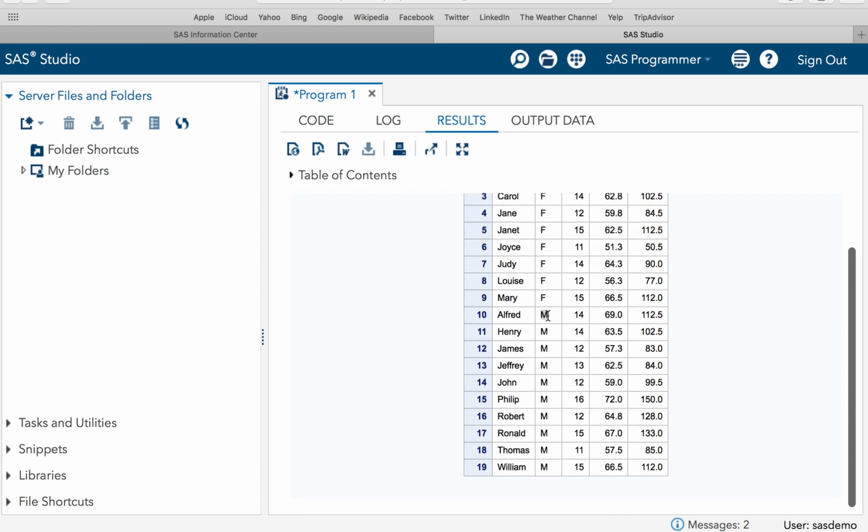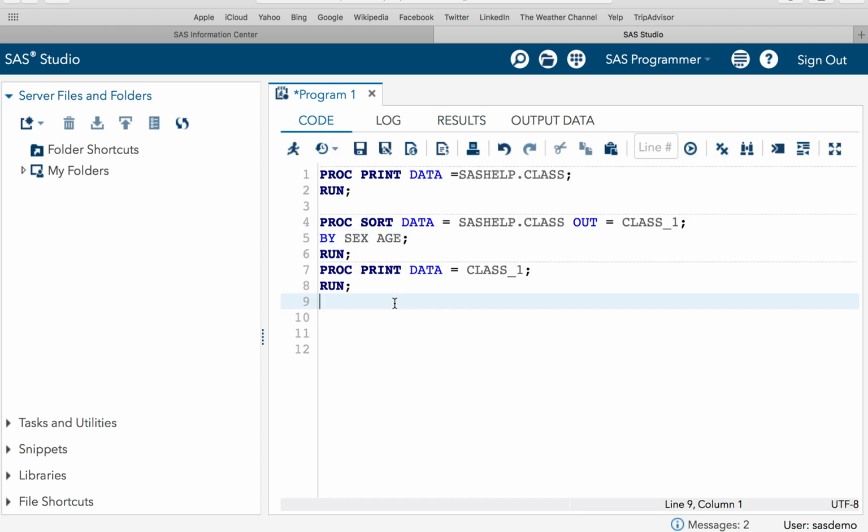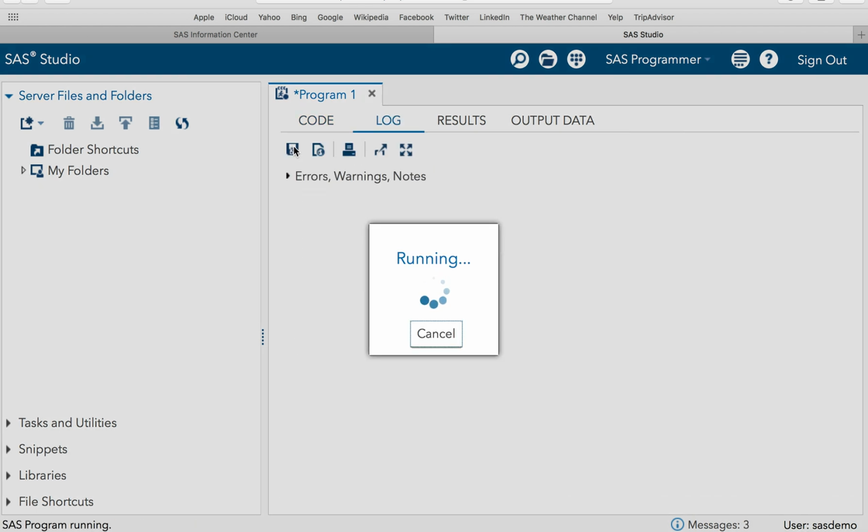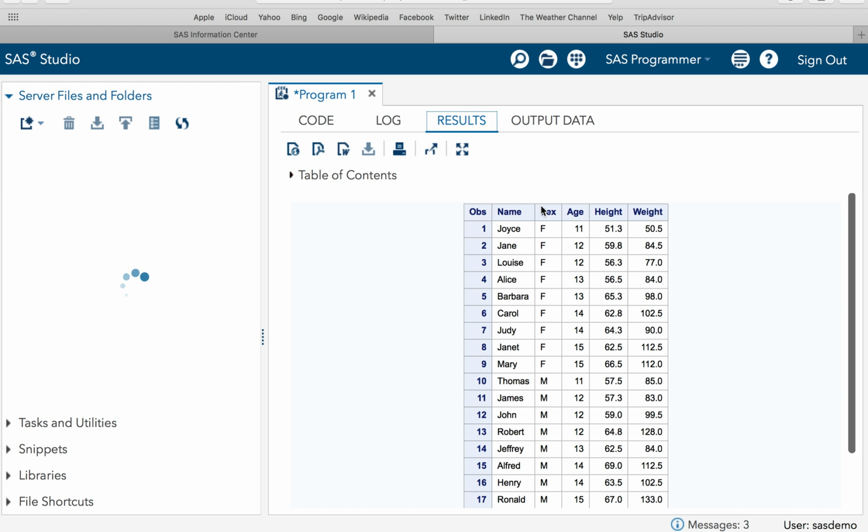Similarly, again SAS will come to the next group of values, which is your male. So within this group, again it will sort the value of age. Let's have a look at it. If I execute this program, you will see that SAS has actually sorted the data set based on two